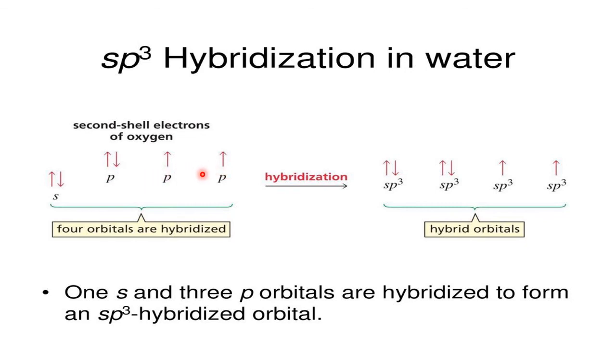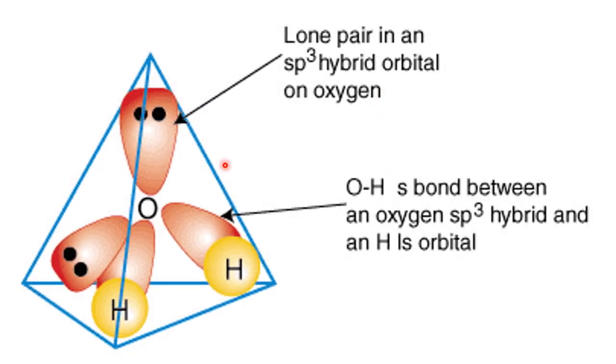Please recall one of the conditions or features of hybridization: promotion of electrons is not a necessary condition for hybridization. That's why here, without promotion, the 2s and 2p will undergo sp3 hybridization, but only 2 will undergo bonding. These two will remain as lone pairs, part of the hybridization but remaining as lone pairs. That's why in water, on the oxygen, we find 2 lone pairs. So 2 O-H bonds with 2 lone pairs.